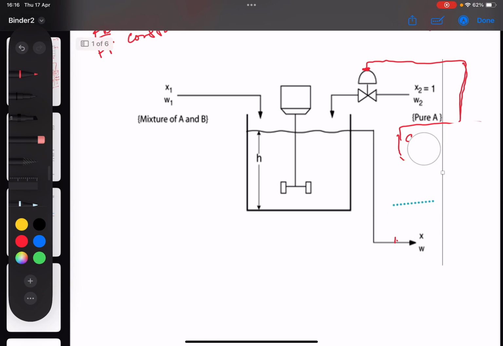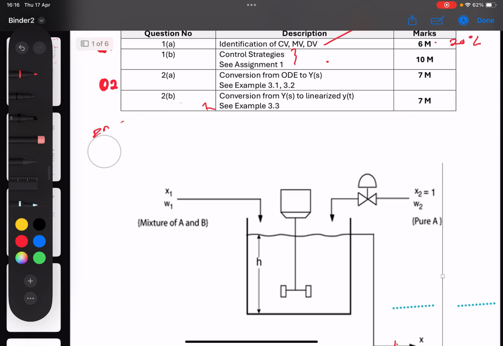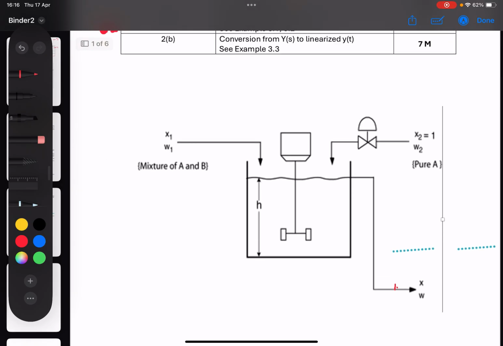And then the feed-forward controller is slightly different. For the feed-forward controller, usually the readings are taken at the inlet. So the composition of component A is going to be read, and then the signal is sent to the composition analyzer, and then the composition analyzer is going to